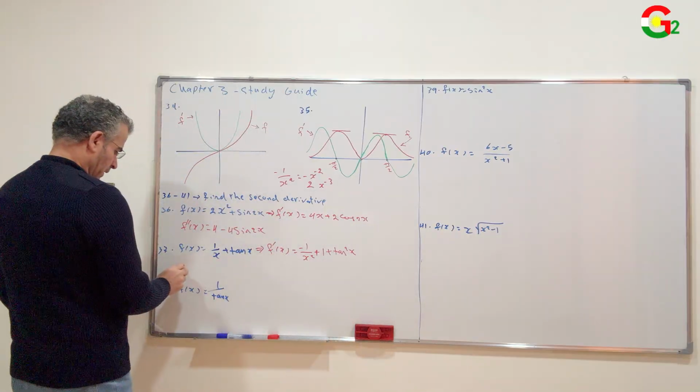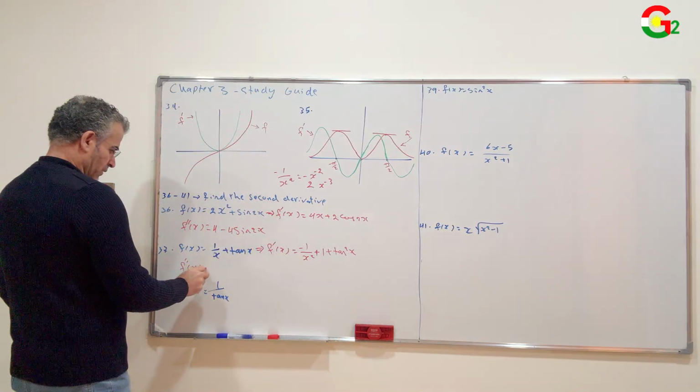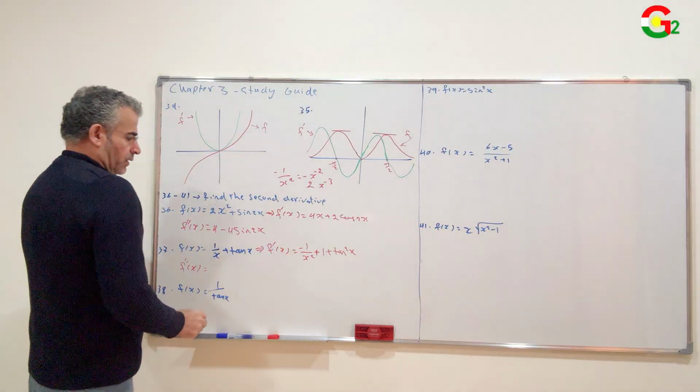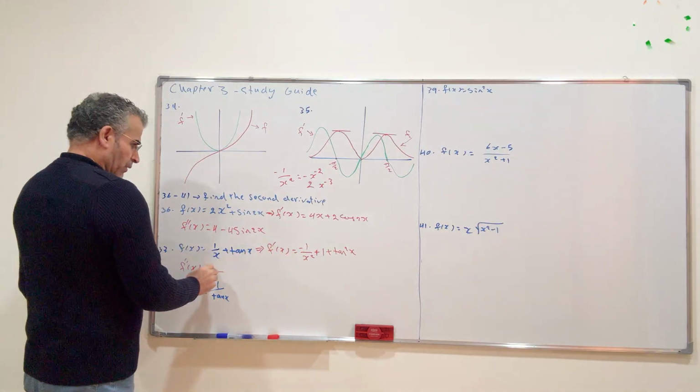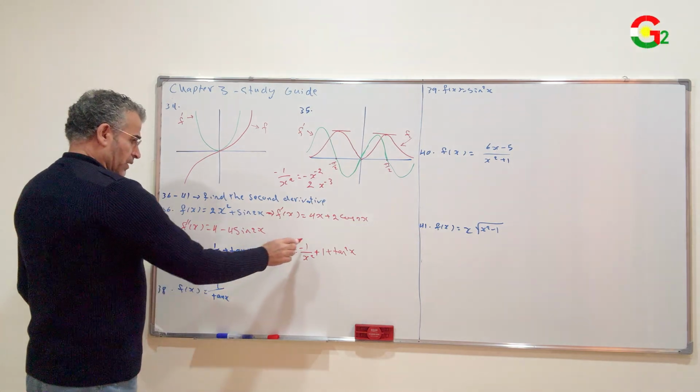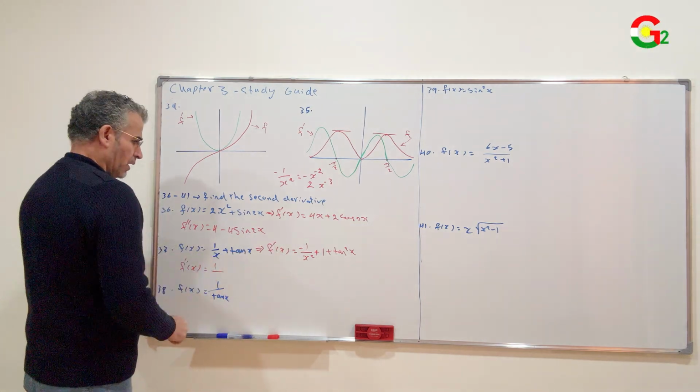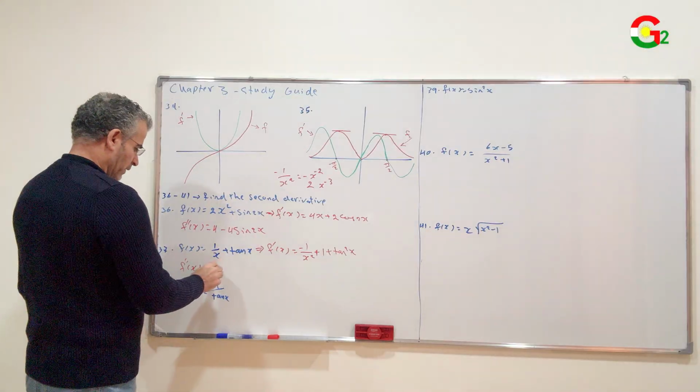The second derivative f double prime of x equals negative 1 over x squared, the denominator times the derivative of the numerator, 0, minus the numerator negative 1 times the derivative of the denominator,